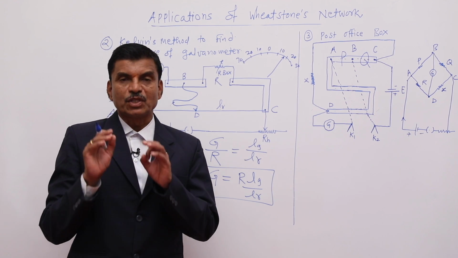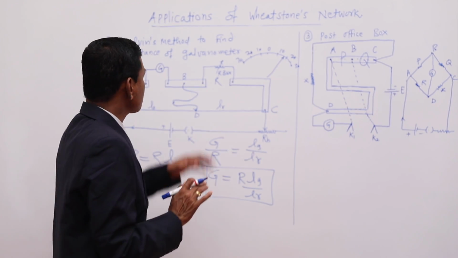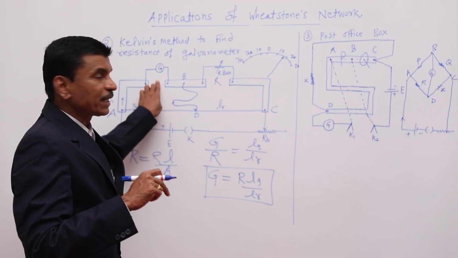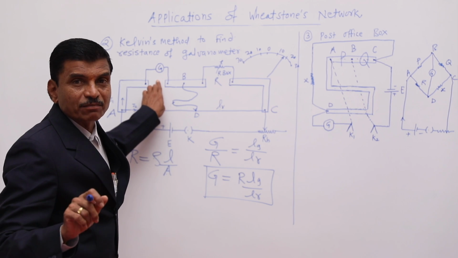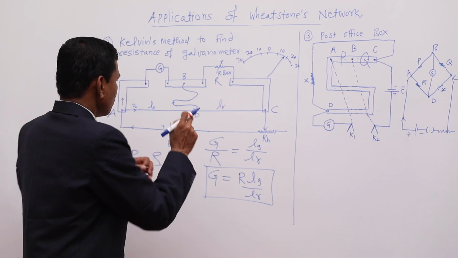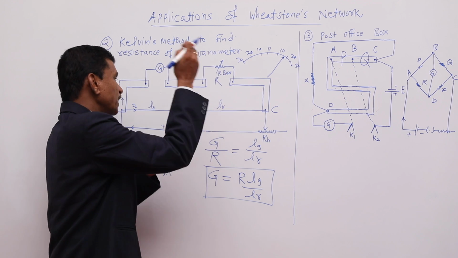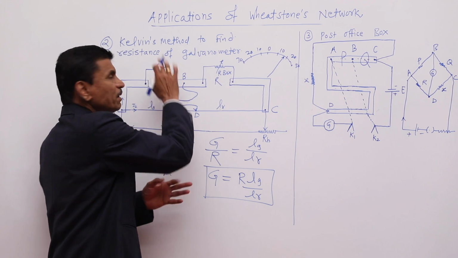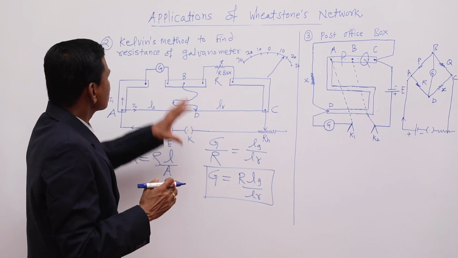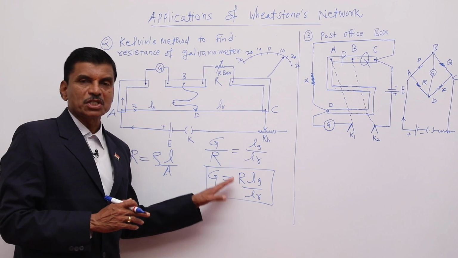Remember well, this Kelvin method, scientist Kelvin has given this method, for which he has used a single galvanometer, and that galvanometer is connected in the left gap, and the galvanometer is not showing null deflection. Galvanometer is showing the same deflection as before. Before touching the jockey, there will be a certain deflection in the galvanometer, and after finding the contact point D, there is the same deflection as before. So that point we want to find, and that is the special Kelvin method. We can find the galvanometer resistance by using this equation.